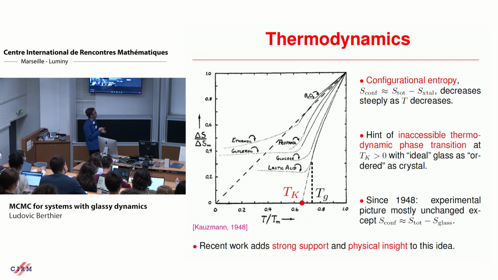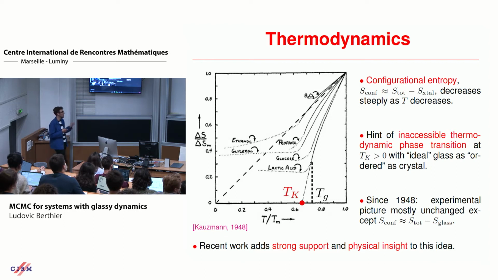And what he found is that this entropy is decreasing very rapidly as the system is cooled towards the experimental glass transition. And the key observation of Kauzmann, he said, okay, this is an experiment, and then it stops at TG because molecular motion becomes too slow. But if I could perhaps continue and push these measurements towards lower temperatures that experiment cannot access easily, because again, dynamics is too slow, there is a point where the entropy of the liquid would be equal to the entropy